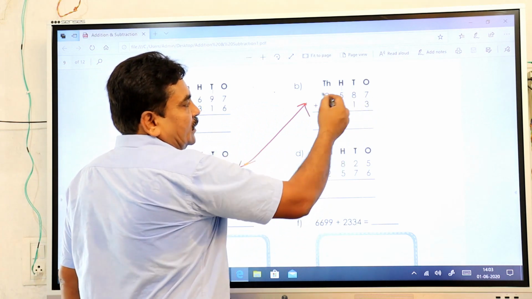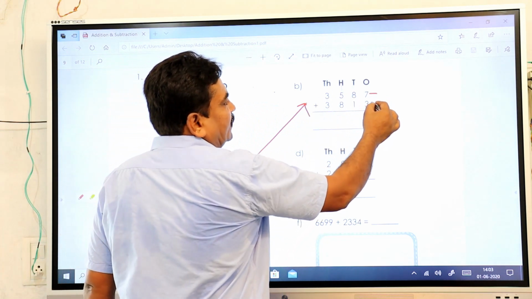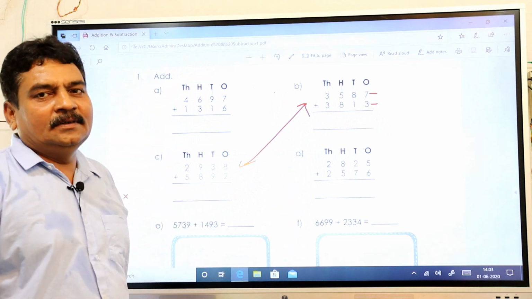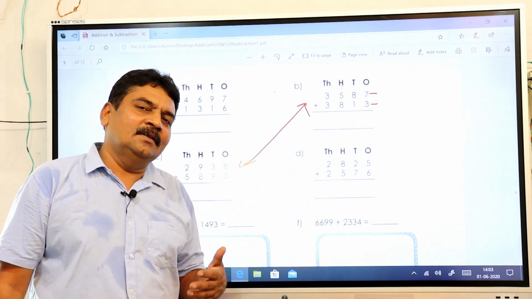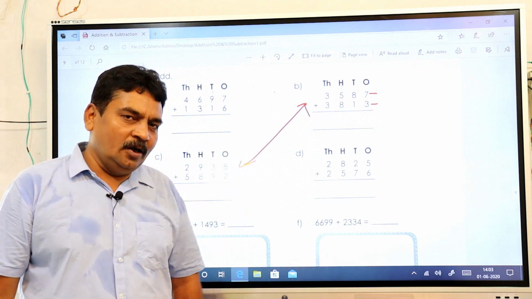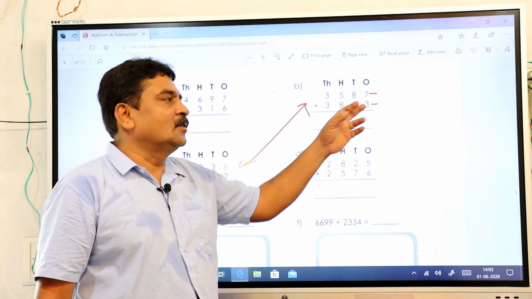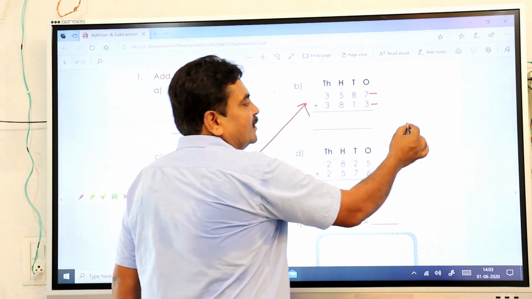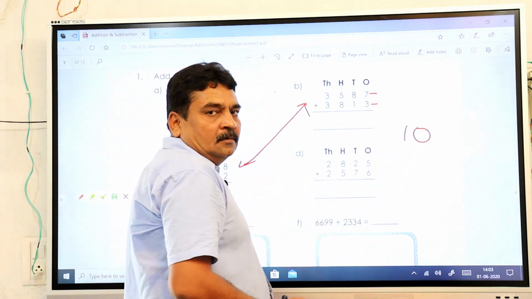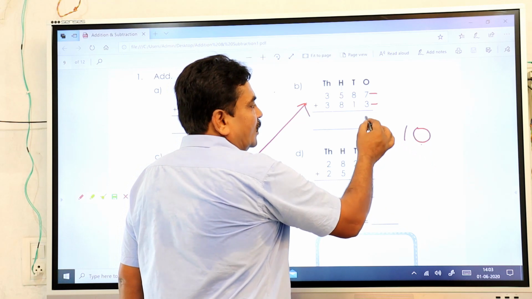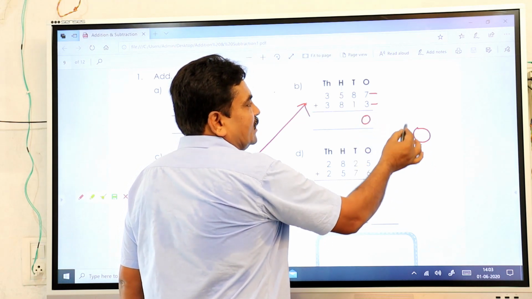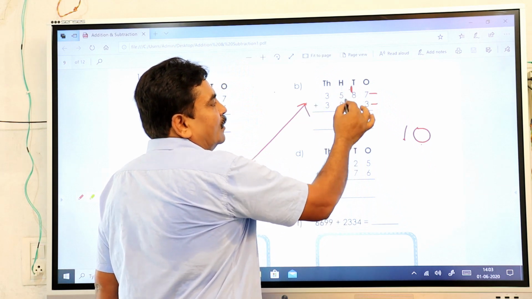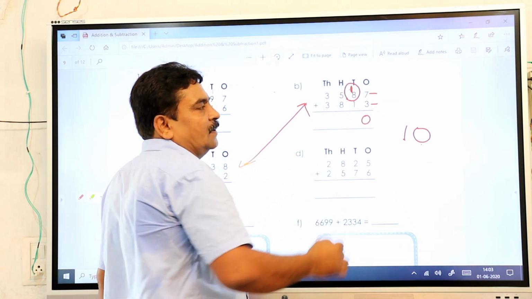I'll do this one first. 7 and 3. There are 2 numbers you are going to add. Again I'm repeating, 7 and 3. Which is the bigger number? 7. So you keep that 7 in your thought. Then you add the next number. So 7, after that 8, 9, 10. So you got the answer as 10. So 0 is in the 1's place. Write down 0. 1 is in the 10's place, so carry forward to the next number. So it becomes 181.